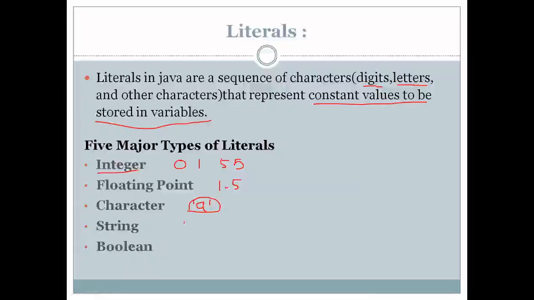Whereas if you enclose something inside double quotes, this is said to be a string literal. If you enclose something in double quotes, it is said to be a string literal in Java. So if I say A in double quotes,